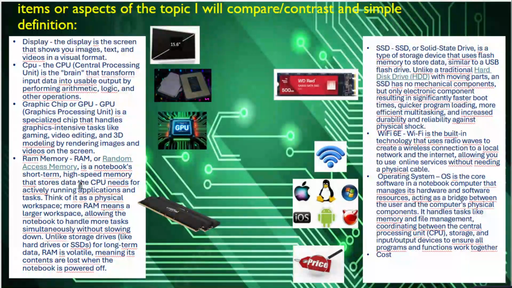RAM, high-speed memory that stores the data the CPU needs for actively running applications and tasks. Think of it as a physical workspace. More RAM means a larger workspace, allowing the notebook to handle more tasks simultaneously without slowing down. Unlike storage devices like SSD for long-term data, RAM is volatile, meaning its contents are lost when the notebook is